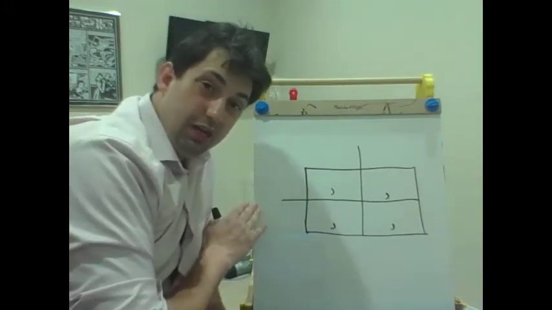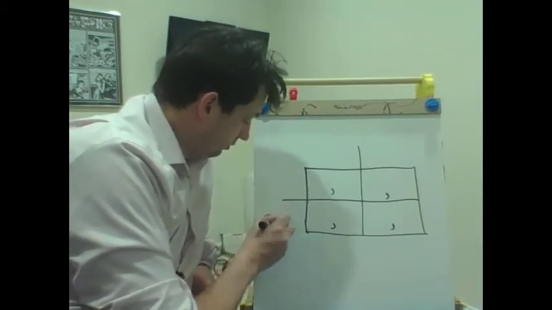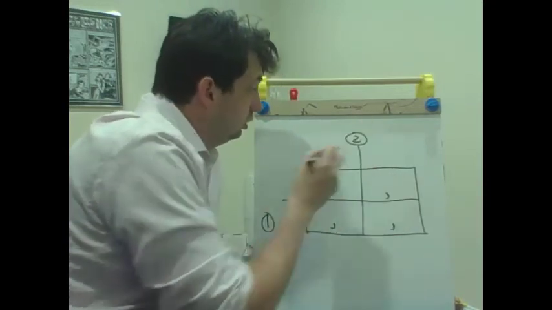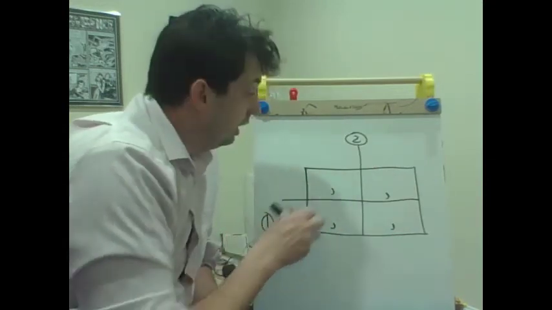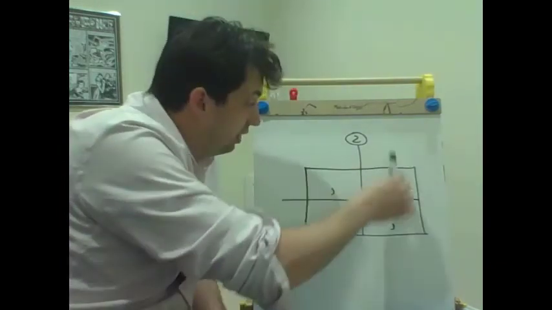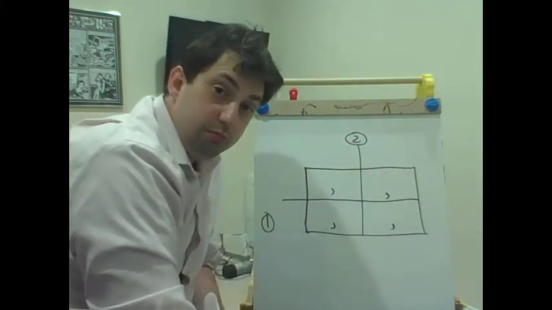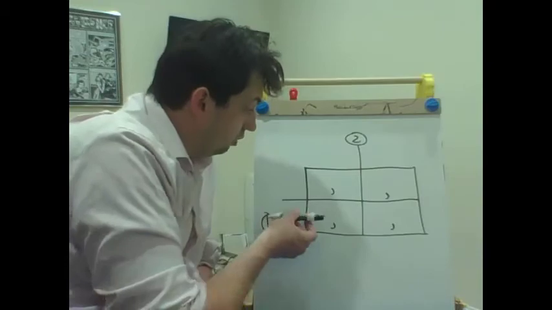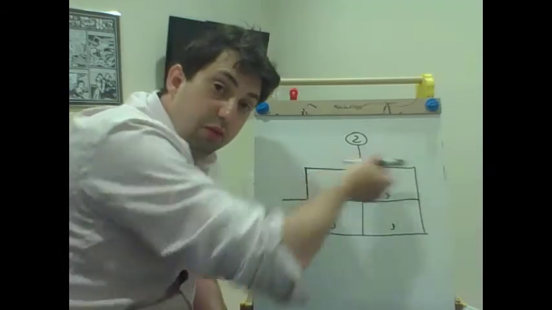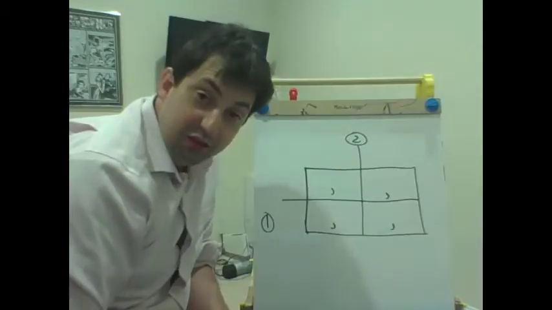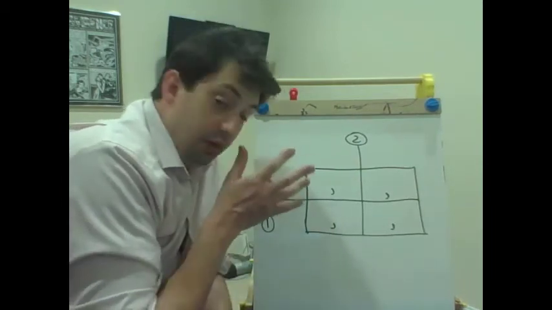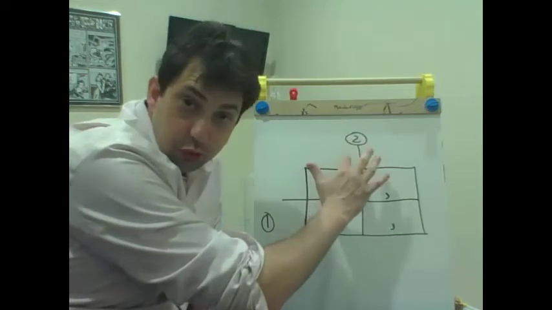There is a player 1 on the left and a player 2 on top. That's how it always looks. And then this column is one of player 2's strategies. And this column is another strategy for player 2. This row is a strategy for player 1, and this row is another strategy for player 1. So in this very basic scenario, which is about as basic as you can get, still make it interesting, player 1 has 2 strategies, and player 2 has 2 strategies.